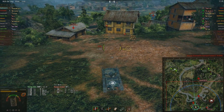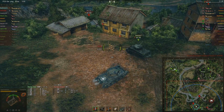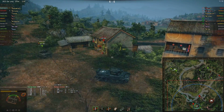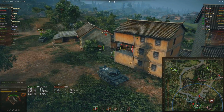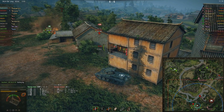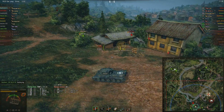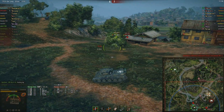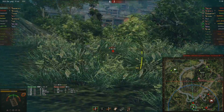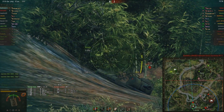But I've got a lot of support, and I'm kind of regrouping to think, what can I do here? So I'm trying to get the KV-1S from the side here, but I realise that I can't get through. I can't get the angle on him at this point. So I'm thinking, okay, well the E2 is going in and really going for it, so I'm going to try and help him out. I'm going to use the declination of the ground here just to hit the KV-1's turret. I don't think he's got the gun depression, so